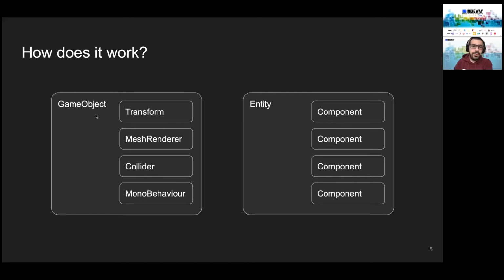The difference from Unity is that in Unity, you cannot create a game object without a transform. It has to have the transform. However, in Entitas or in ECS, there is no such concept. You can create any component. And your entity is just like a number. It is an identity number. It does not really include any info.